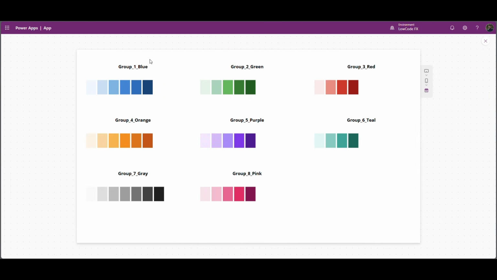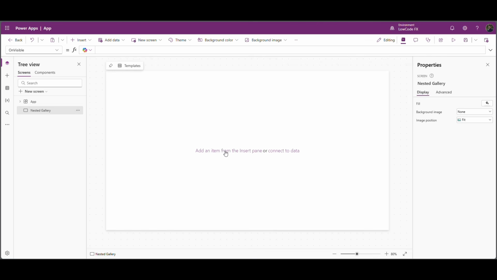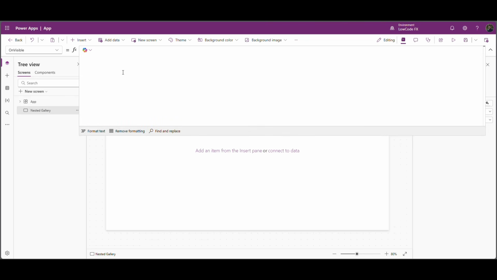In this video we are going to see how we can add nested galleries. So if you see here, we have a group name at the top, and for each group we have a set of colors. So this is nothing but one collection, and we have utilized two different galleries to display these cards. So let's see. On visible of this screen, I will create one collection, ClearCollect,